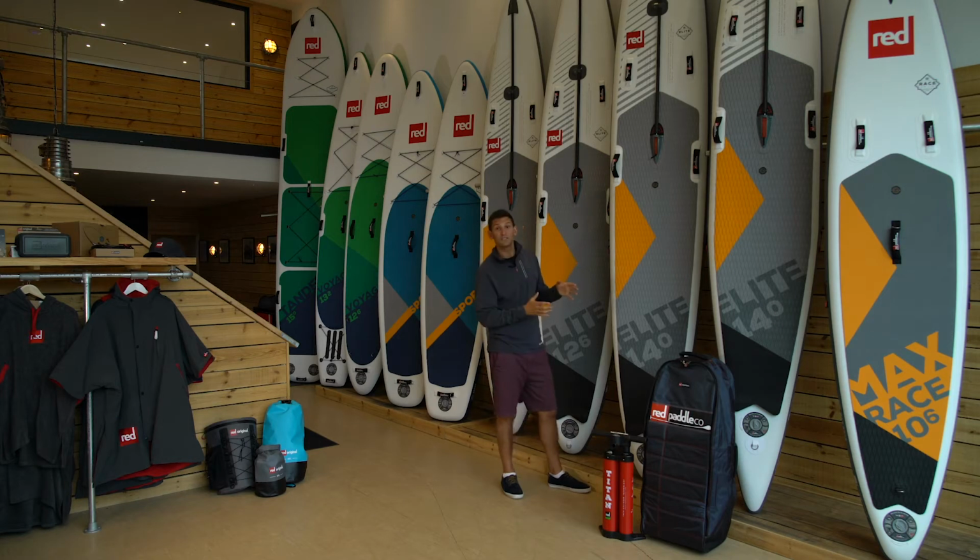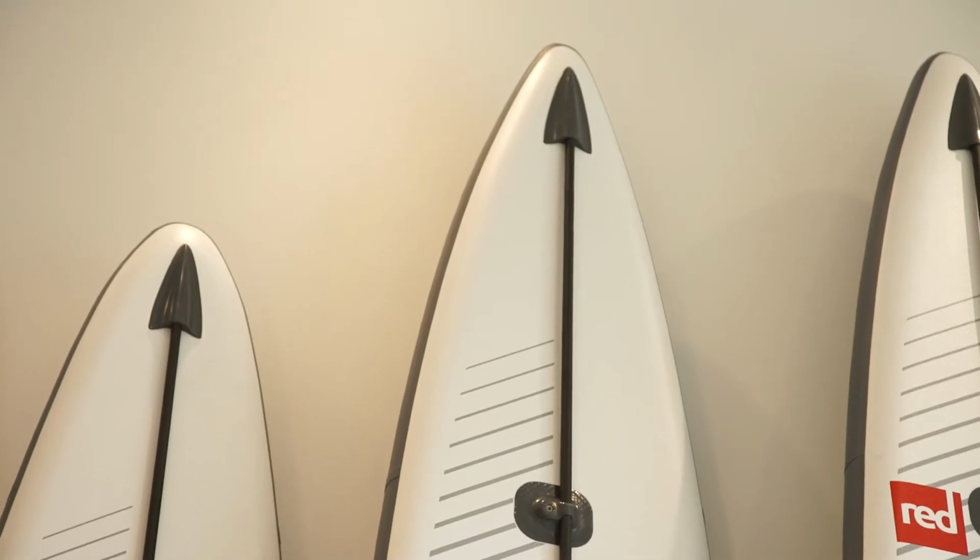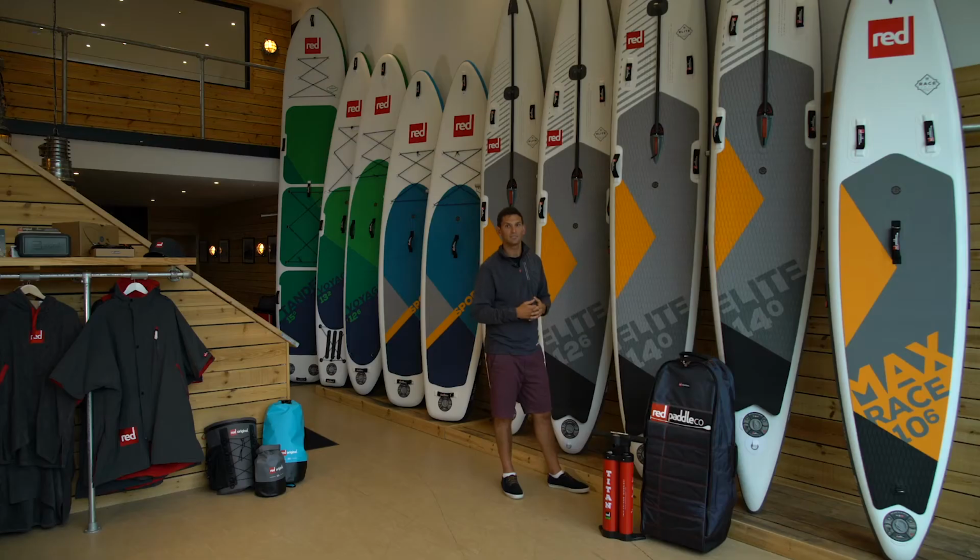Now, looking at some of the features on the board, if we look up towards the front third, you can clearly see the FFC rod there. So that's a carbon two-piece rod which fits inside the bag, and it stands for the forward flex control. So it's a patented system exclusive to Red Paddle Co, and it's inserted into that nose cone right at the front of the board, which also doubles up as a bit of a splitter. So any wash or waves coming over the front of the board is washed over the sides of the board